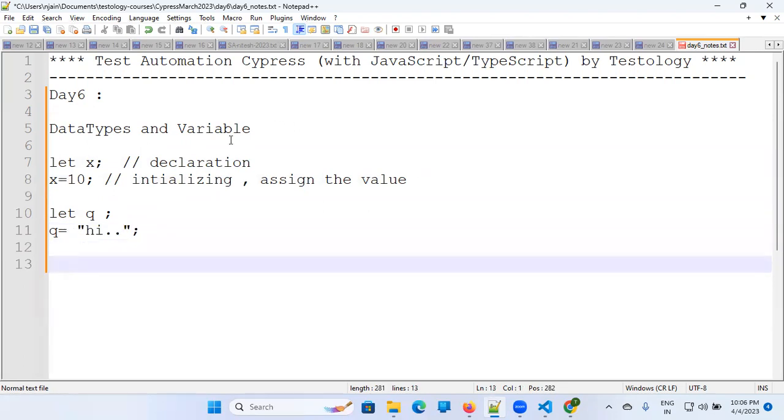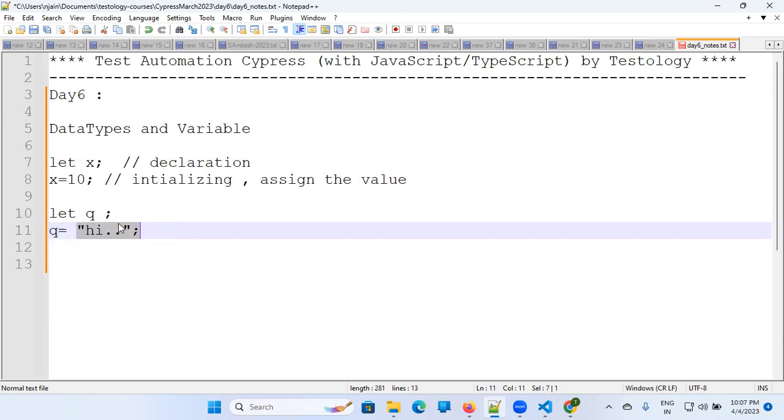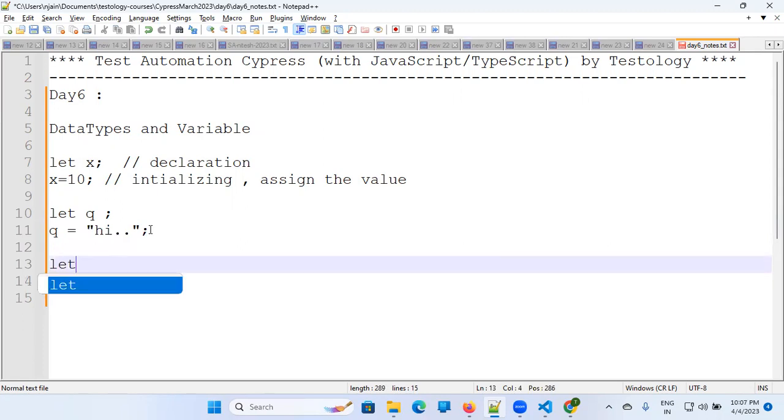So q is a memory space where hi is stored. We have put the whole thing into q. So whenever I want to refer to this value, I will use the q variable. Let me do it something like this. Let r is equal to